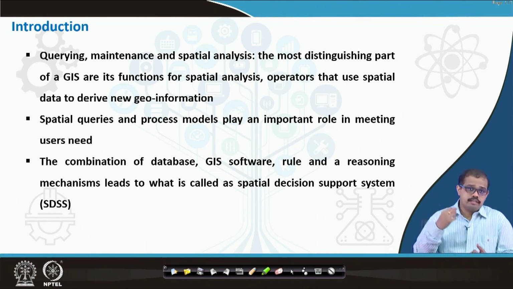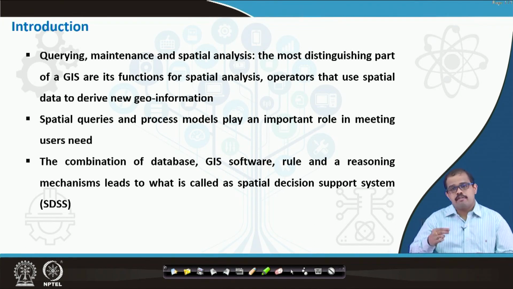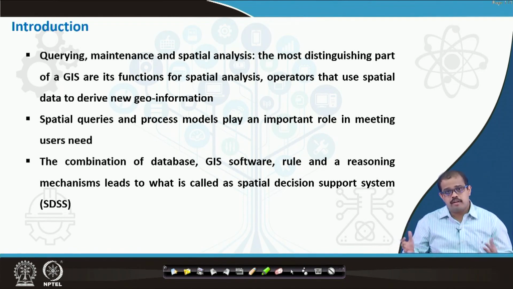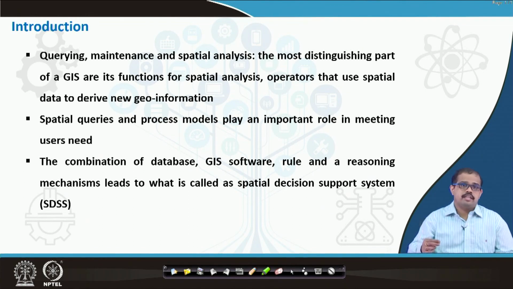So if you understand the concept of how decisions can be taken spatially, it would be easy for us to develop that part of the urban system. I gave you an example of an urban system, but this can be applied to a huge number of applications, whether it is forest management, water management, or any other aspect. This spatial decision support system can provide an important input for planning.